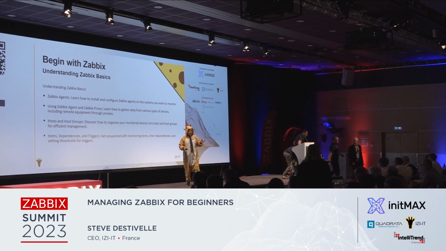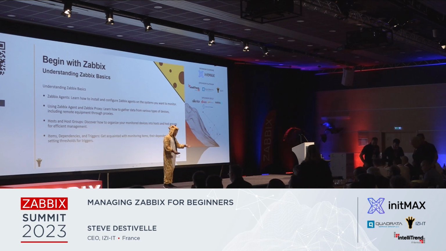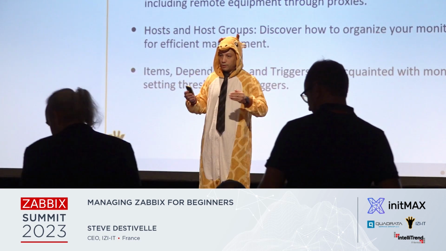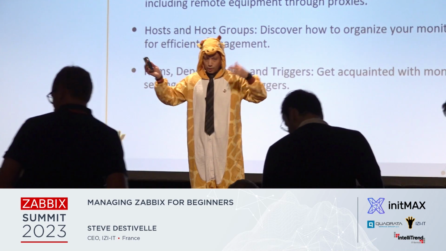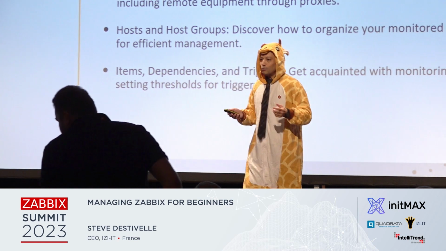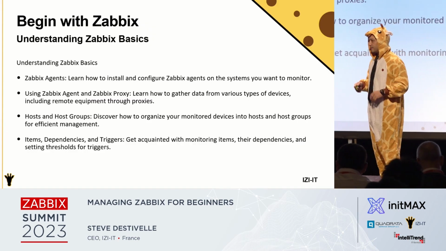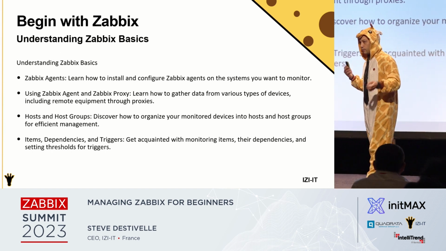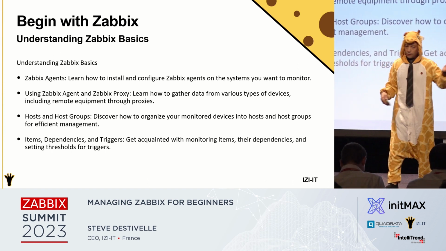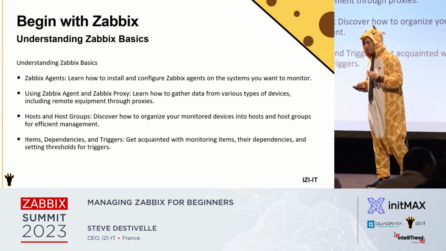So this is the basics of Zabbix. We have the front end, the server, database, proxy, and agent, and everything is working together. Not like these guys, because they don't know how to work together. So you have to learn how to install the Zabbix agent, because there are several operating systems and versions: Windows, Linux, HP-UX, Solaris, and so on. So you have to learn the installation of the agent.